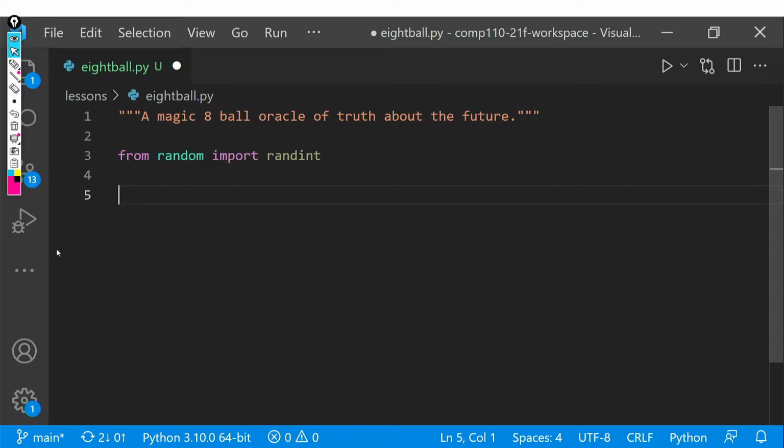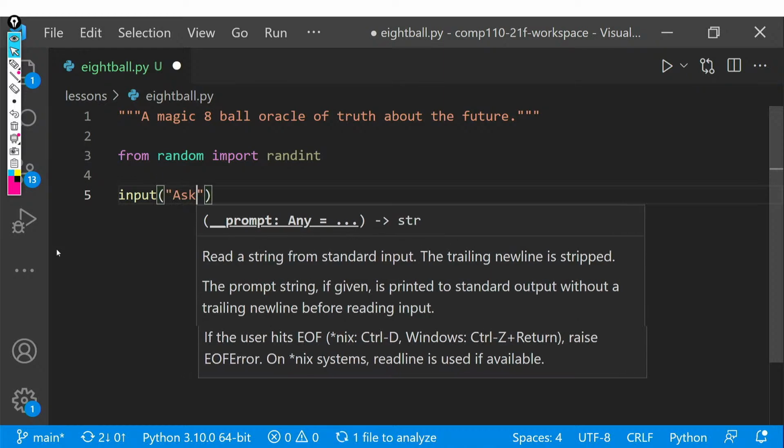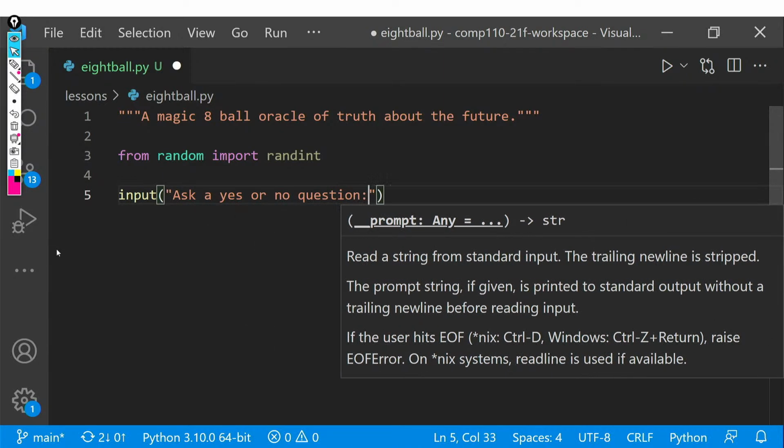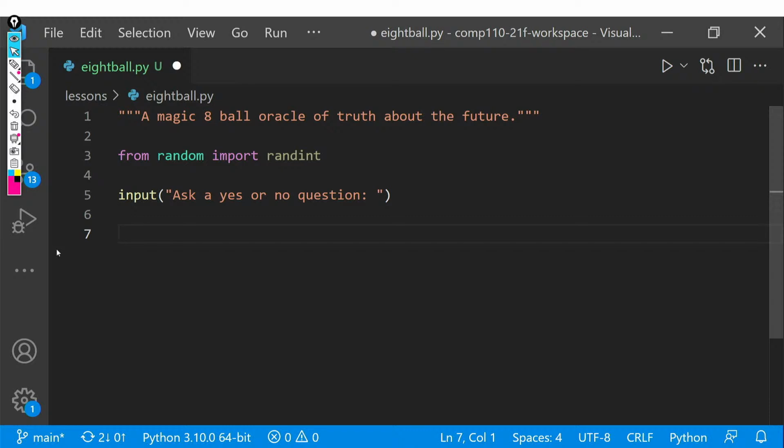So we want a program that allows the user to ask a yes or no question. So we can ask for input. So input, ask a yes or no question. All right. You might be thinking, Chris, why aren't we storing this input in a string? Well, it's part of the wisdom of an 8-ball. It's not actually listening to you. It's just giving you a random response, but it still feels like there's some knowledge in there. So we're not going to store this result in a string. You could imagine, if you wanted to play some fun tricks on your friends and roommates, pre-programming various responses based on the questions that are asked and trolling them a little bit. But for now, we're just going to keep this simple.